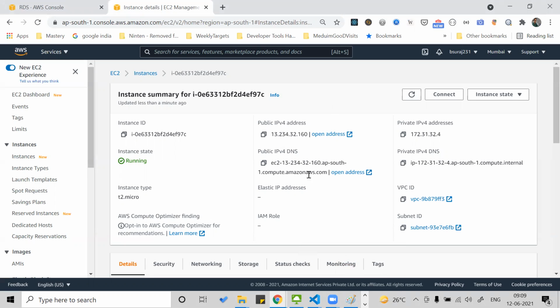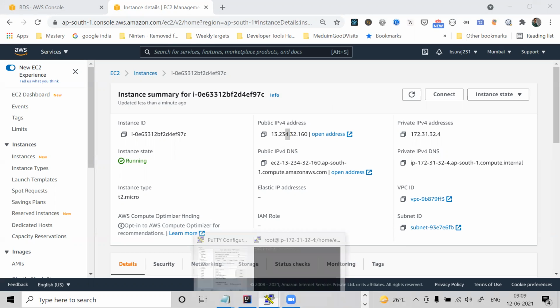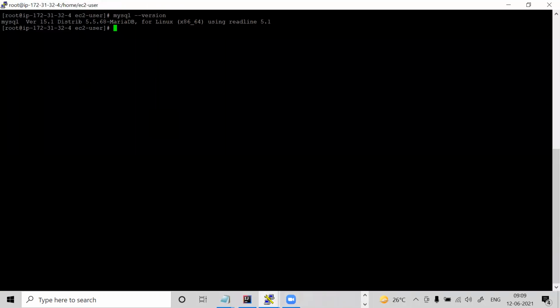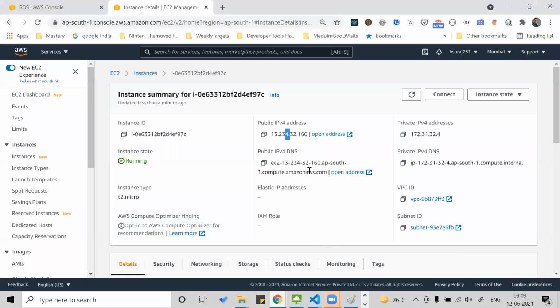Okay, so we have this EC2 server. We did an update from the YUM and it is working fine. Now you have updated the packages also. Now let's go to the RDS to whitelist it. Whitelist the things from the RDS.